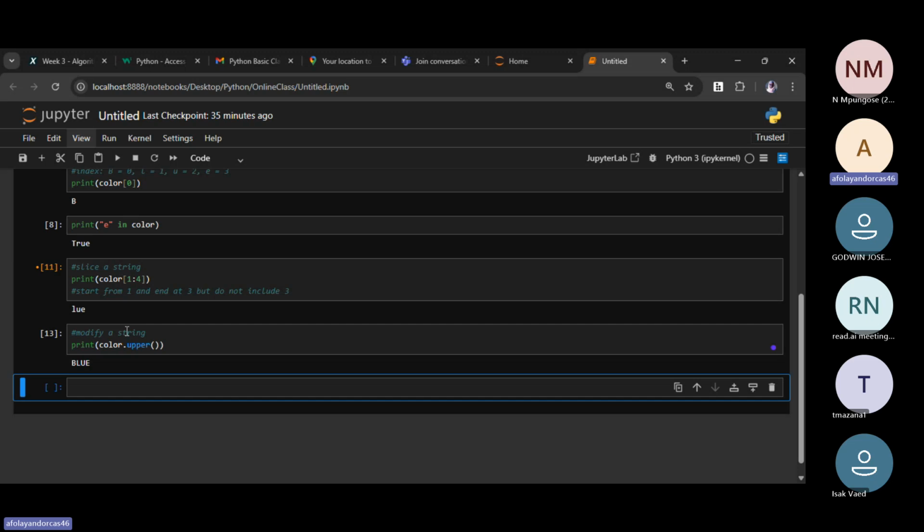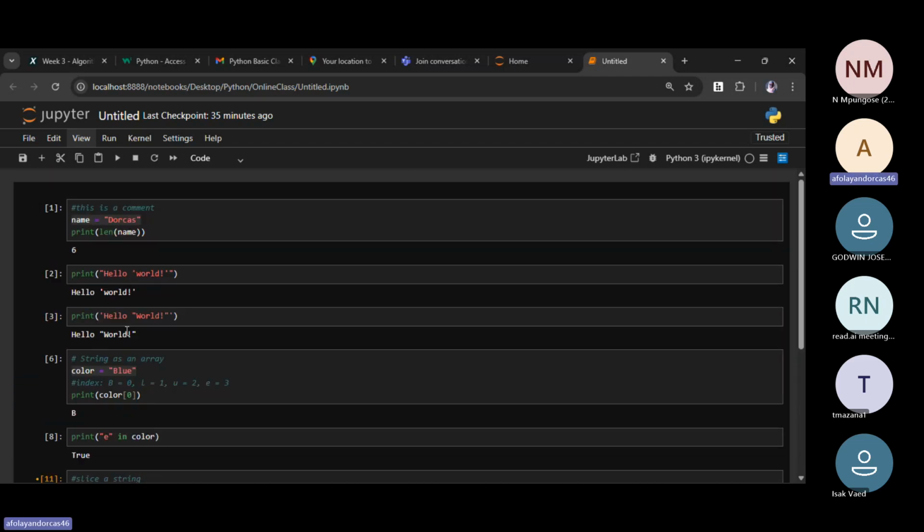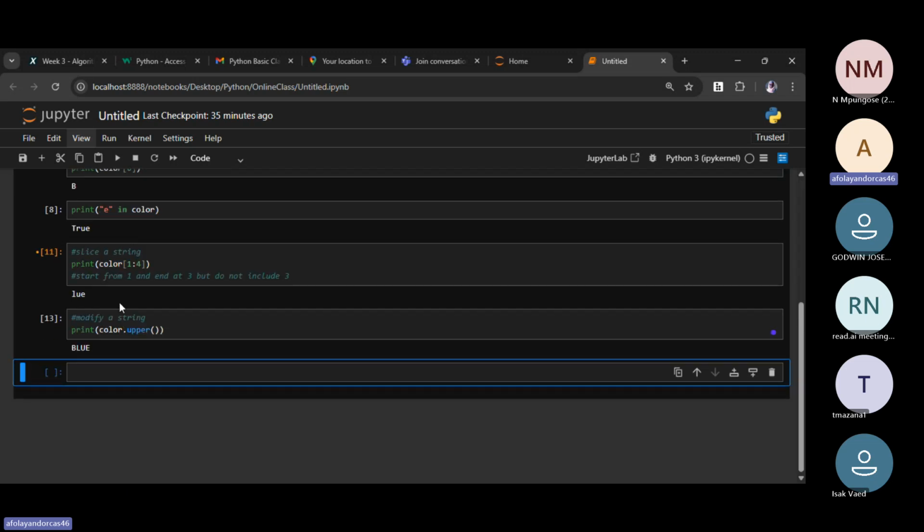The user actually says, my name is Dorcas, and puts it in lowercase. But you want the name to be in uppercase. So you can modify it with your code by changing the user's name to uppercase. So let's try a few project examples.